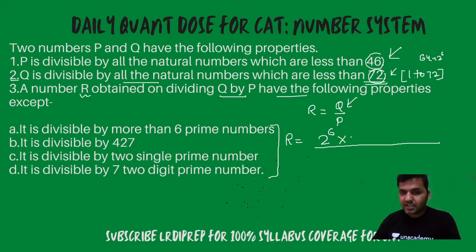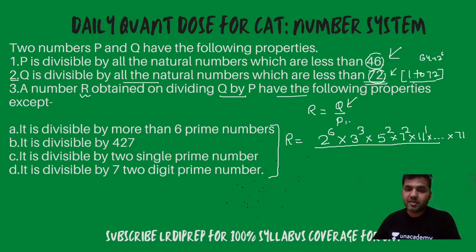And similarly the highest power of 3 here would be equal to 3 power 3, that is 27, right? Highest power of 3 is in 27. Highest power of 5 would be 2, highest power of 7 will be 2, and then you have the next prime number, that is 11. 11's power would be 1 for sure, because 11 power 2 is not necessary, as it is not supposed to be divisible by 121. It's supposed to be divisible by every number from 1 to 72. So the highest power of 11 from 1 to 72 will be 1. So it will contain all the prime numbers till 72, and the last prime number will be 71.